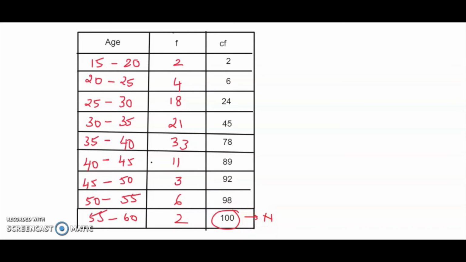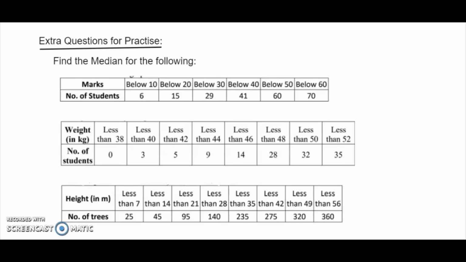You'll find your n by 2. The median class should be 78, because 100 divided by 2 is 50. Right? And then you find the median by applying the formula. I've taken some extra questions for you to solve where I've